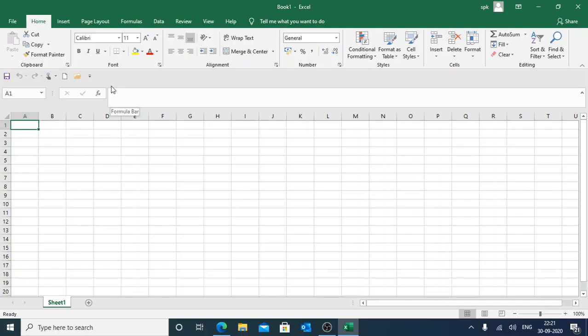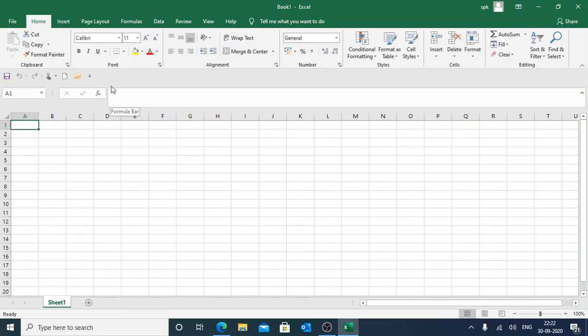MS Excel is a spreadsheet software. We will see what is meant by spreadsheet or worksheet. A spreadsheet is a file made up of rows and columns that help you to sort data, arrange the data in rows and columns, and calculate the numerical data.